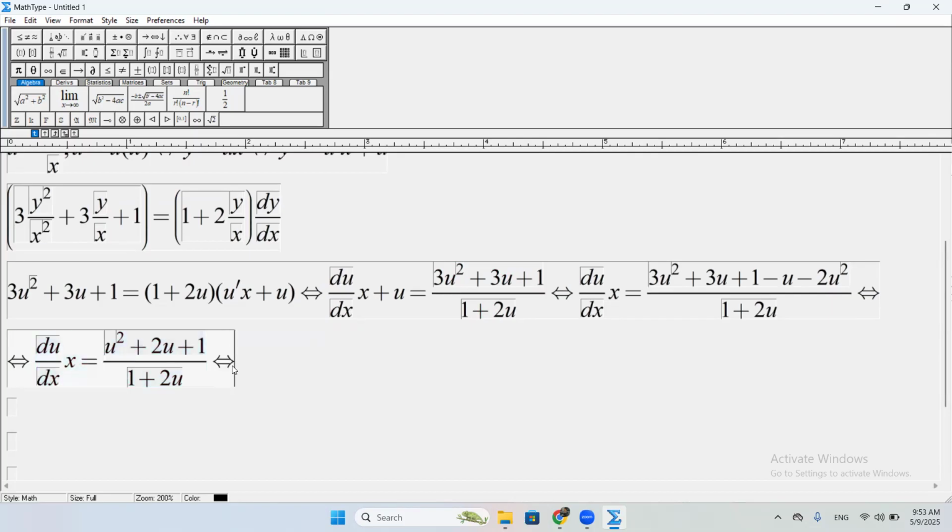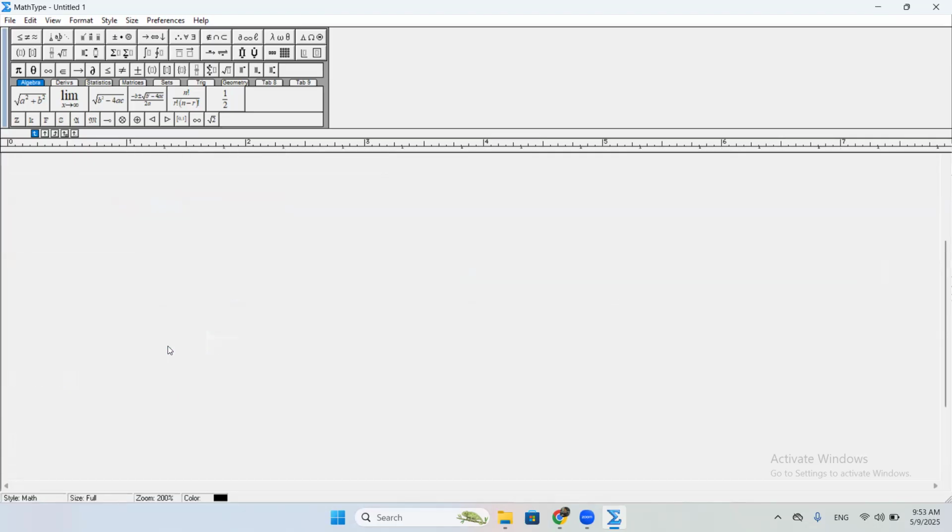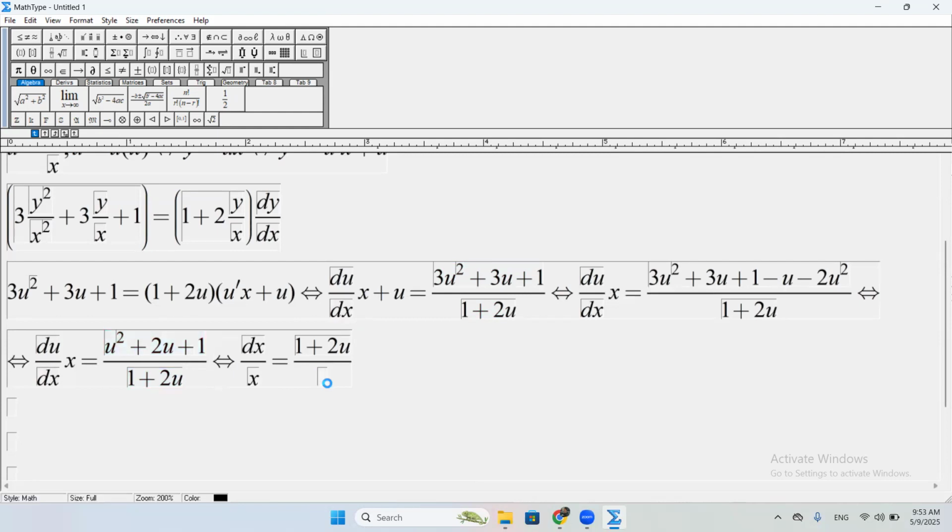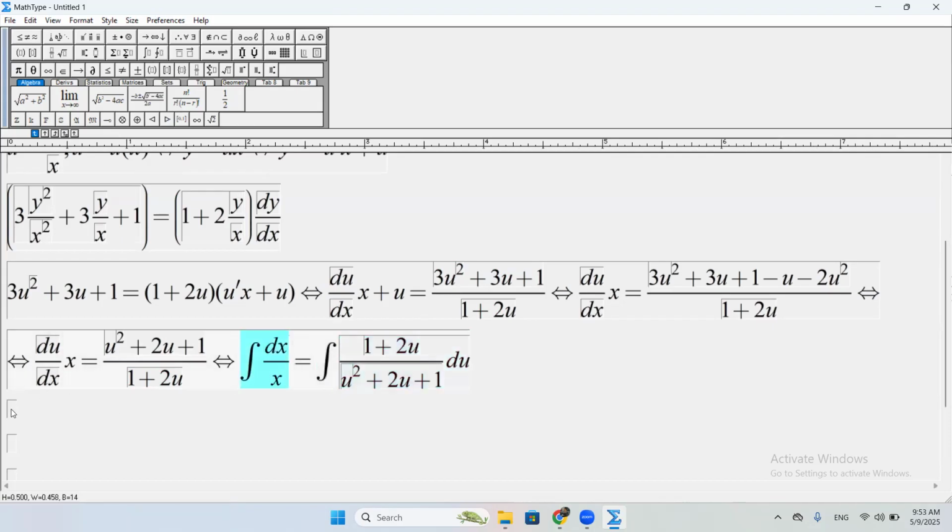Then continue separating variables. So dx over x will be equal to (1 plus 2u) divided by (u squared plus 2u plus 1) du. Now we separated variables, so now we're integrating. This integral will be easy to calculate: logarithm of modulus x